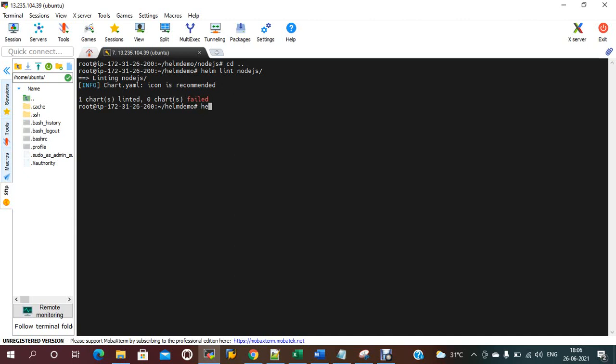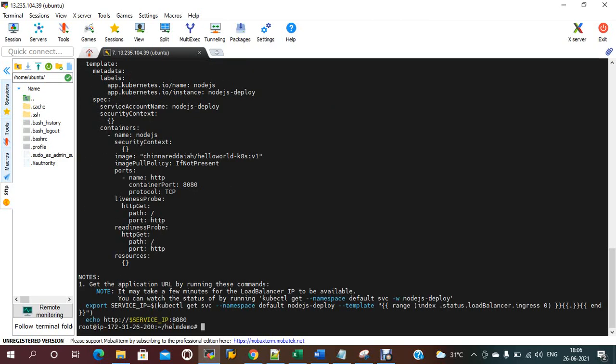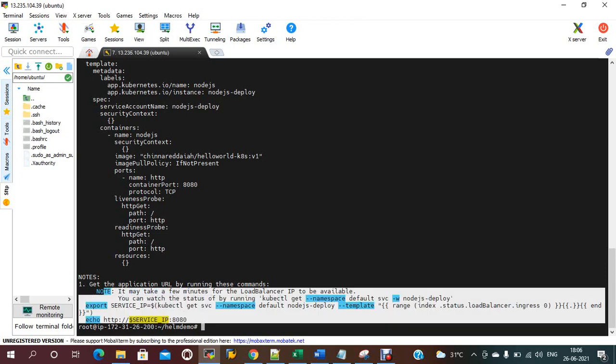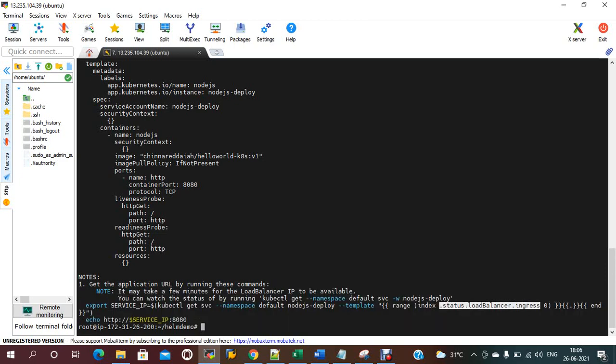And you can do a dry run also: helm install, the deployment name, with the dry-run flag and the chart name nodejs. So you are able to see all the files. It is going to create the deployment, the load balancer and the endpoints, port 8080. Now let me create that one.